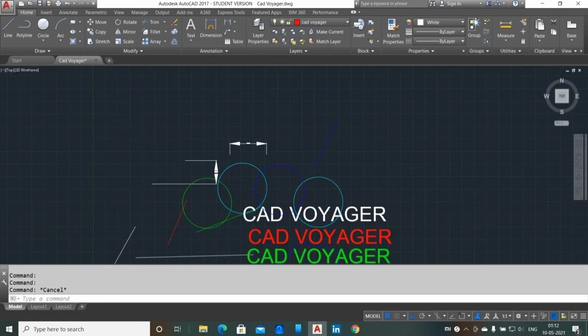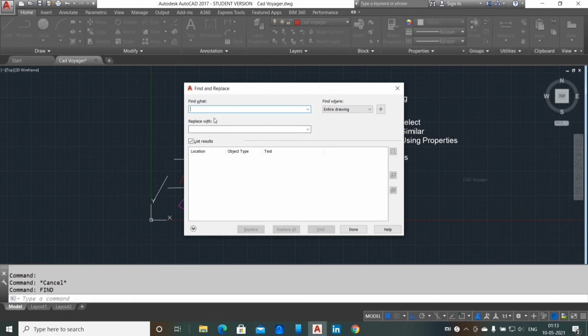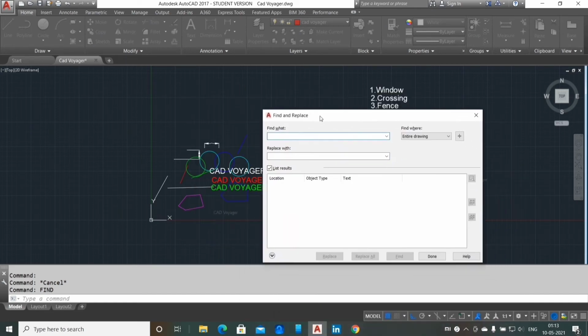We can only use the find selection to edit or to work with text. While typing find and enter, a dialog box will appear in which is the find what field. Here I am going to find the word CAD. So I am typing CAD in find what, and I just want to search this word in the entire diagram. So I am taking in find where, entire diagram. Don't forget the default option is entire diagram. If you want to search in a specific object, you just select the specific object. I want the full diagram here, so I am selecting the option entire diagram.